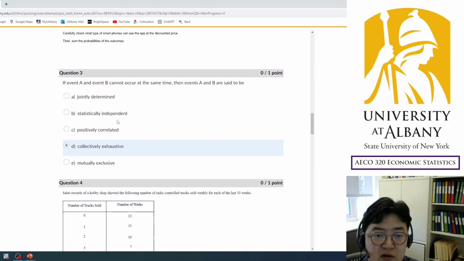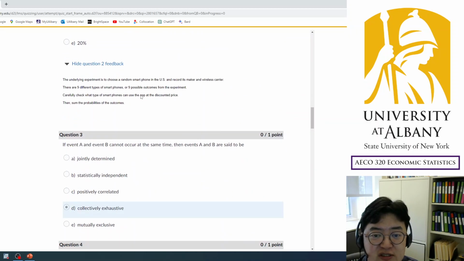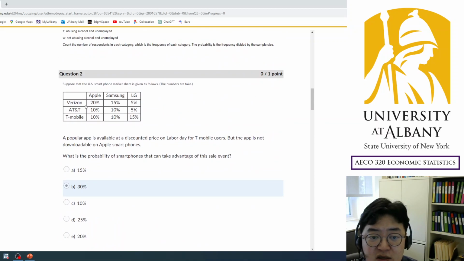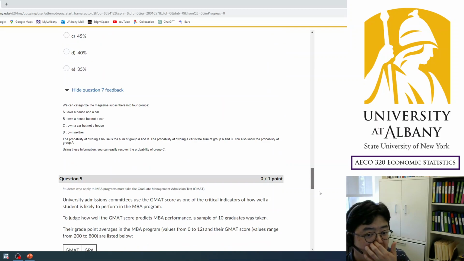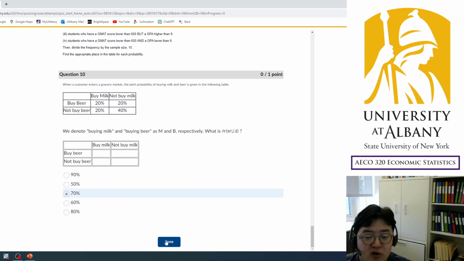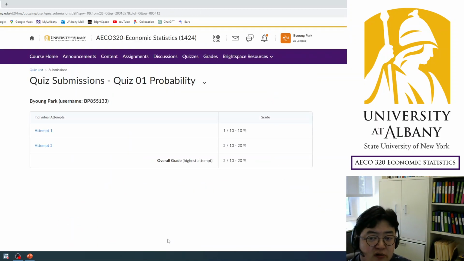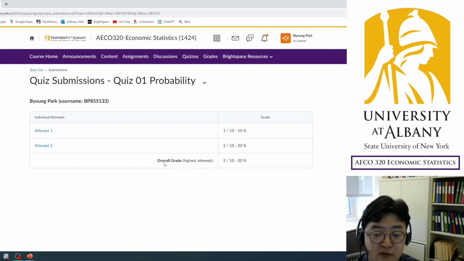For some questions, I prepared feedback, like this. Of course, when you are done, you may want to try again. So you can see 2 attempts. In the previous attempt, I got 1 point out of 10, and in this attempt, I got 2 points out of 10. And so my overall grade is 2 out of 10, which is the highest one.